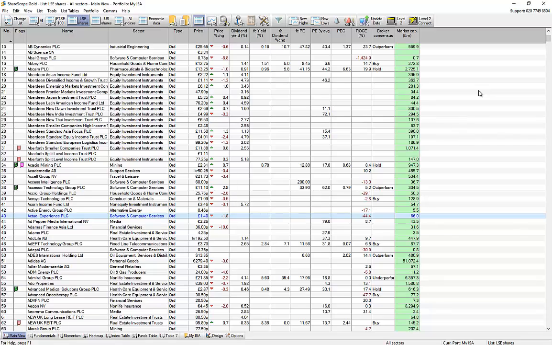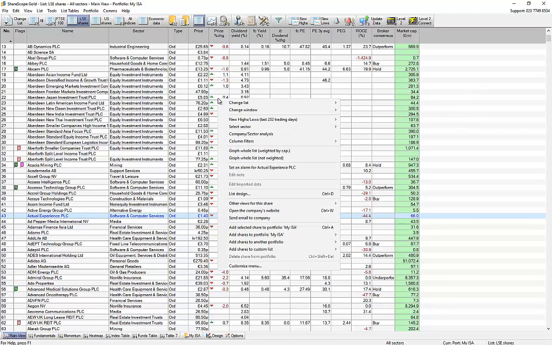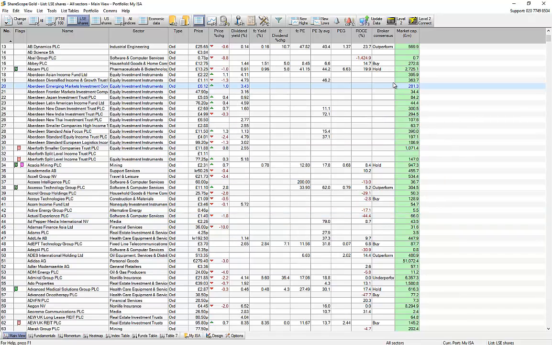By default, the new highs and new lows will be calculated over a period of 1 year. You can change this by right-clicking anywhere on the list, going to New Highs, Lows, and selecting High-Low Settings. Another way of limiting a list